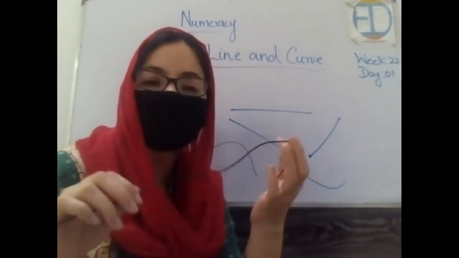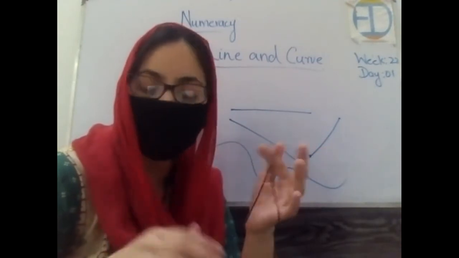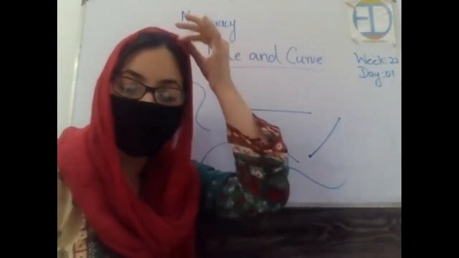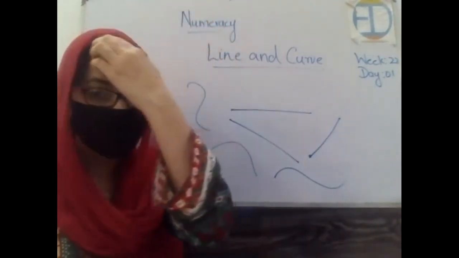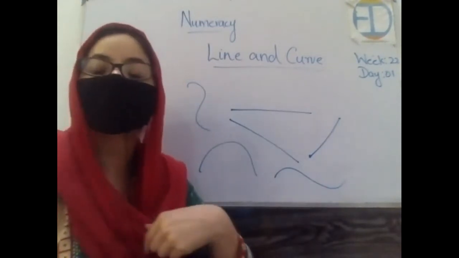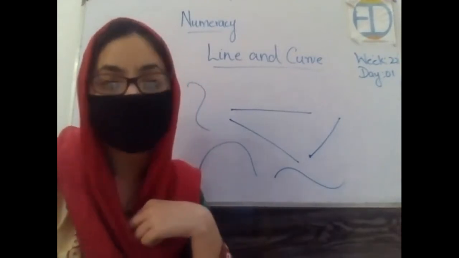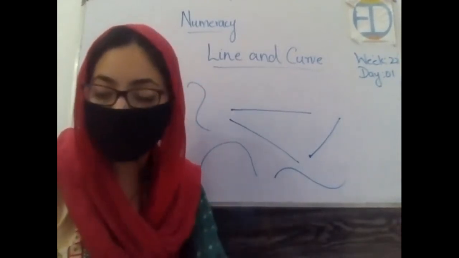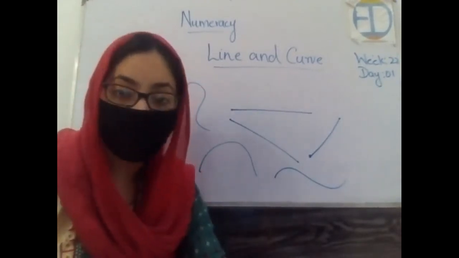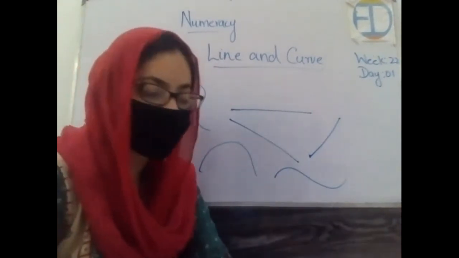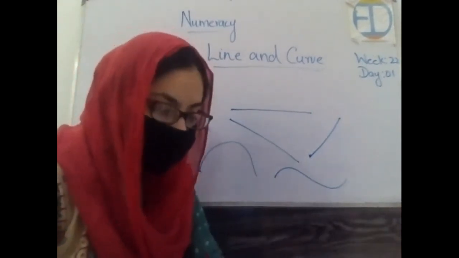Okay. This is an activity. You can practice it with anything. You can take a piece of string, you can take a piece of thread and then practice it with that. When we hold two ends of it tightly in our hands, it's a line. And when we loosen it, it's a curved line. The first one is a straight line and the second one is a curved line, right?